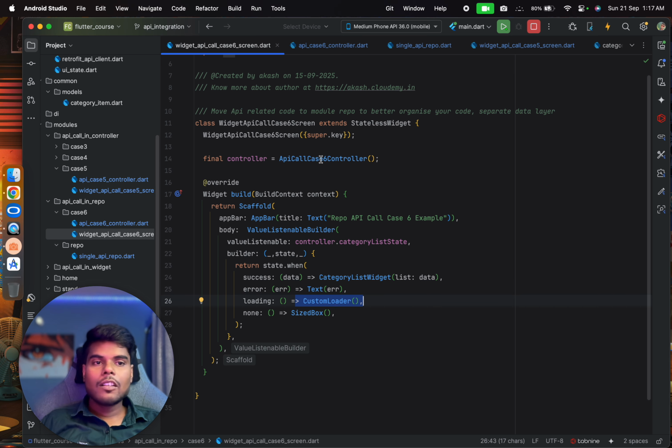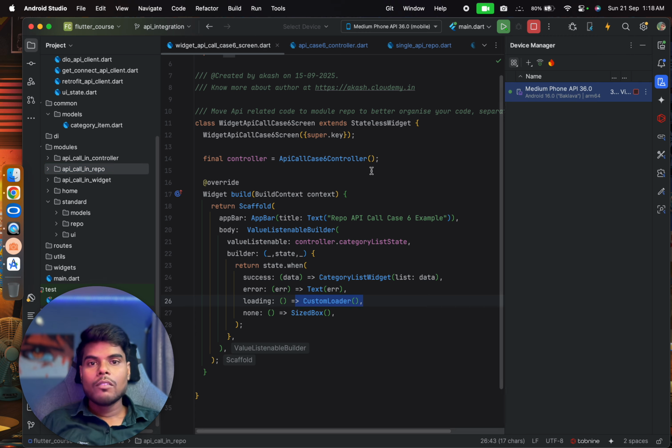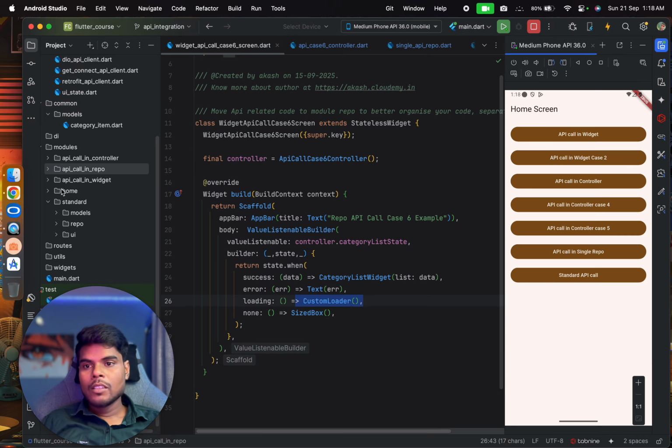So I think these are all the cases that I wanted to discuss. Now we will see a standard approach combining everything that we have learned so far. So these are the test cases, all the cases. This is the folder where I have written all the standard code. So if we go inside the UI, we have